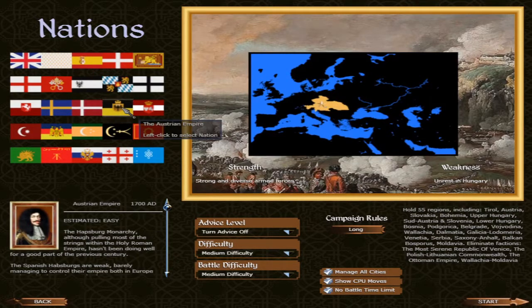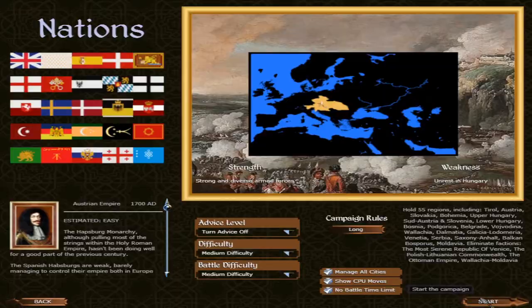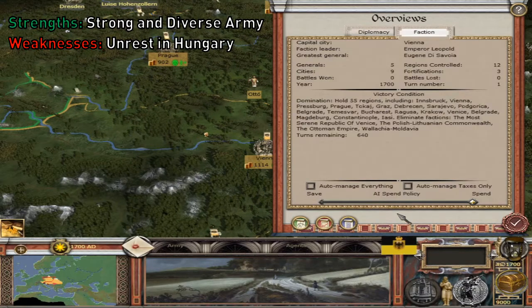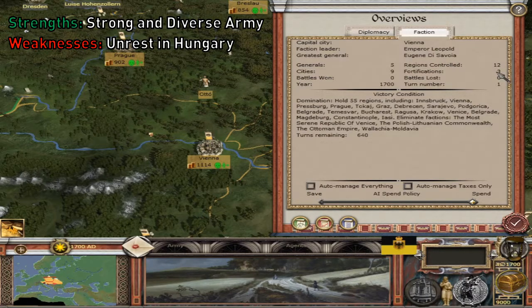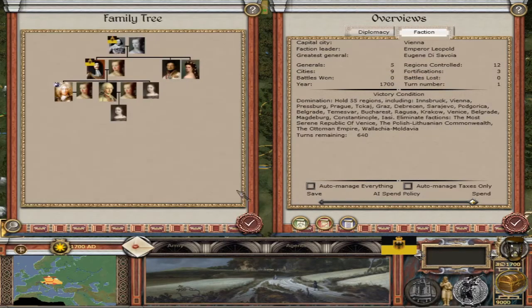The Holy Roman Empire, the Austrian Empire. Vienna is the capital of the Austrian Empire, or the Holy Roman Empire. Emperor Leopold is the faction leader, and the greatest general is Eugene De Savoya. 12 regions controlled, with 3 fortifications and 9 cities. Let's have a look at